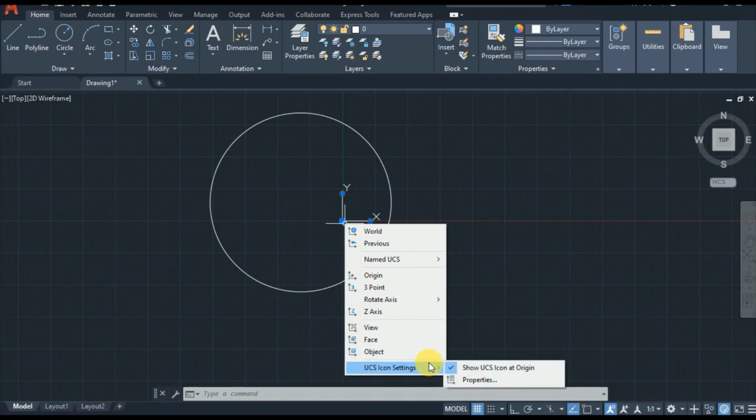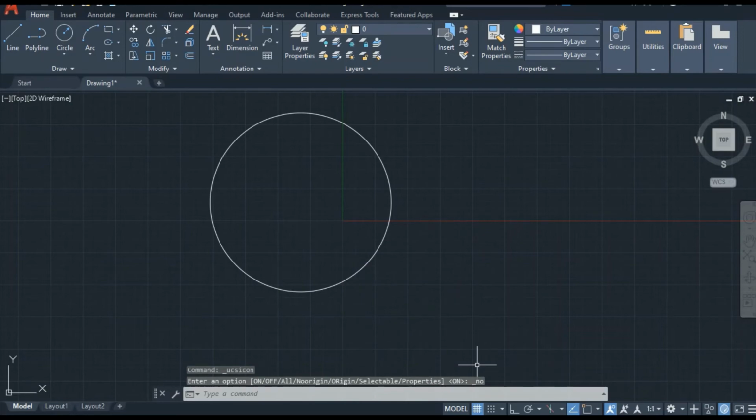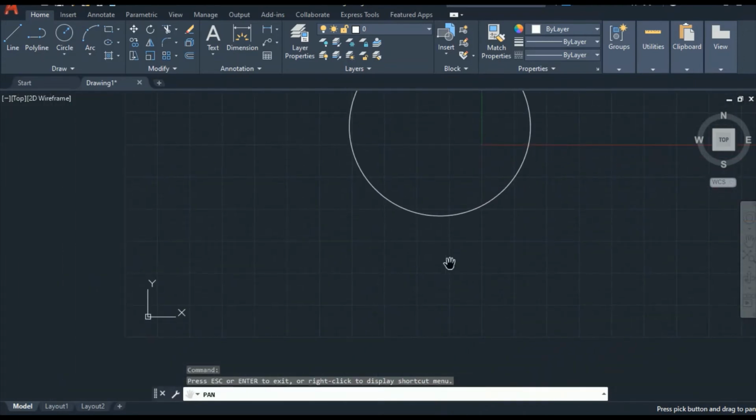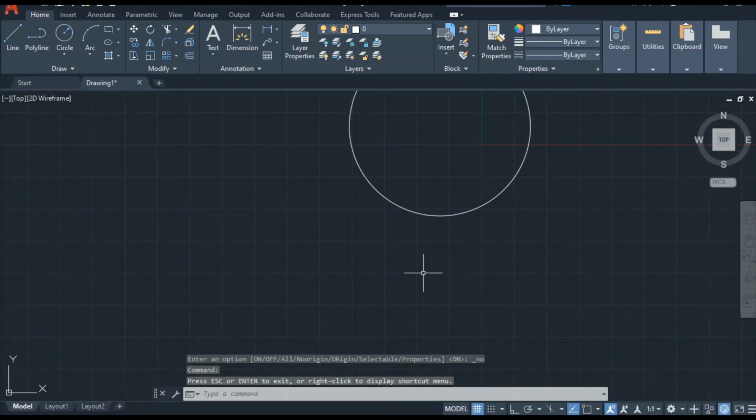You can see the last option, UCS icon settings, then first click on, then click on the first option, UCS at origin. Now you can see UCS is fixed at the left corner. Now if we pan, you can see UCS stays fixed at the left corner.